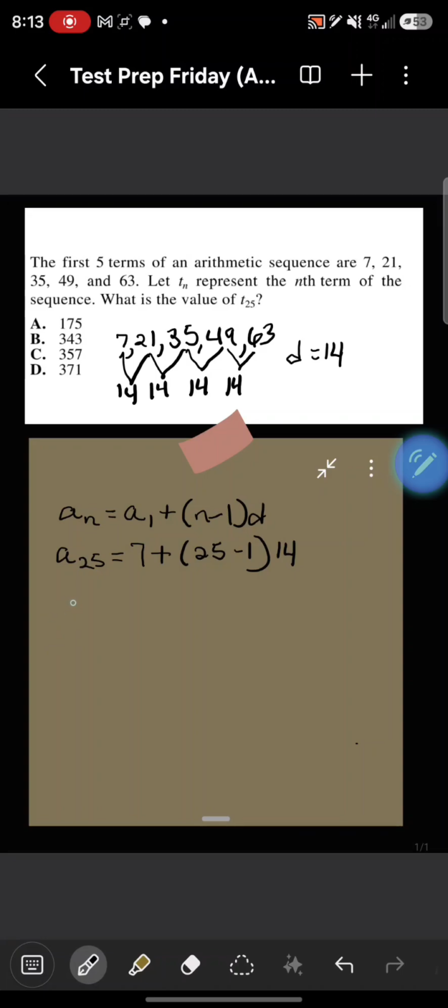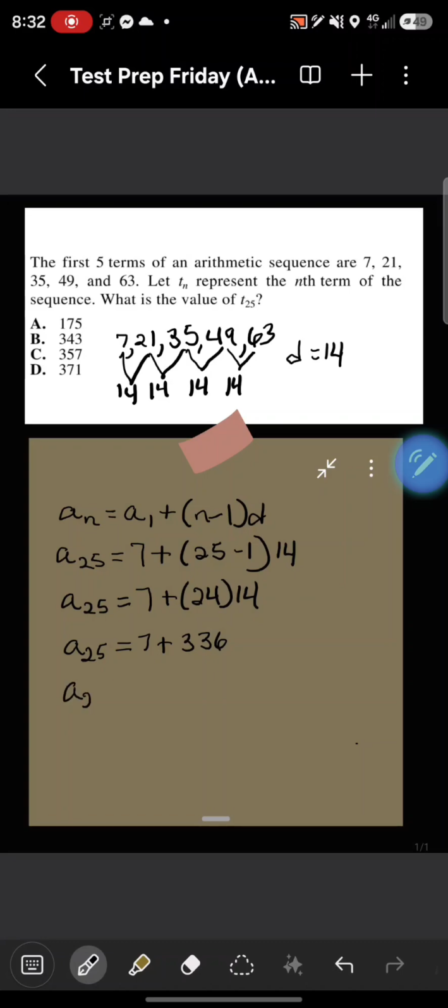Let's continue to solve. A sub 25 equals 7 plus 24 times 14. A sub 25 equals 7 plus 336. A sub 25 equals 343. Our correct answer